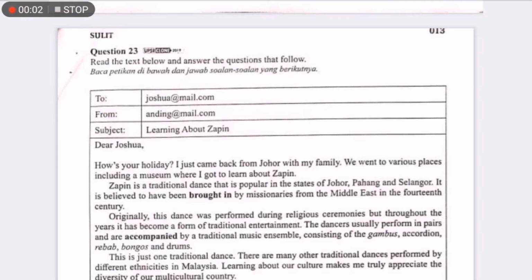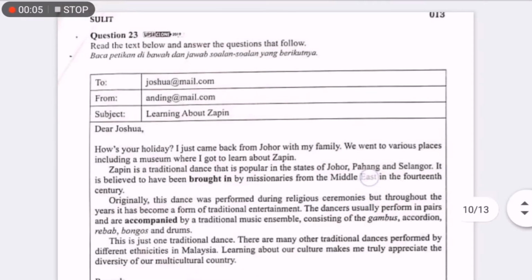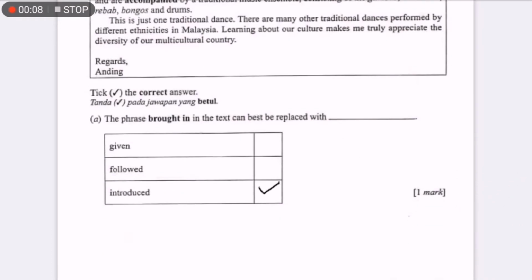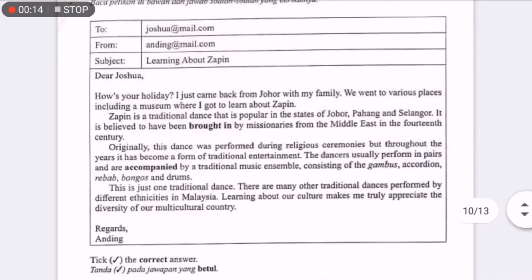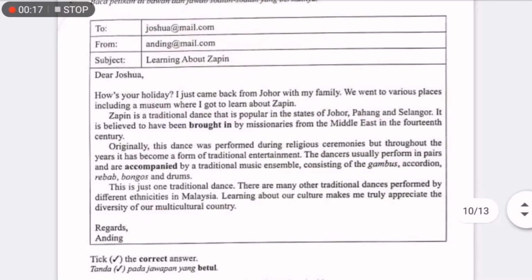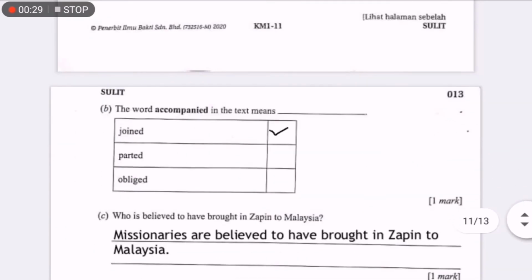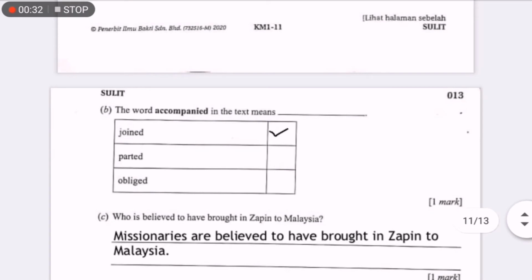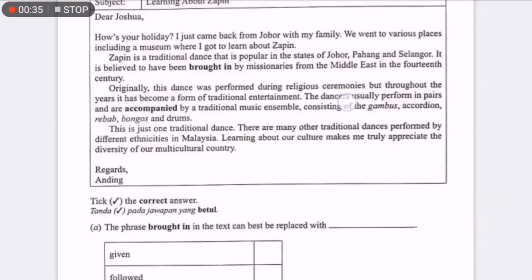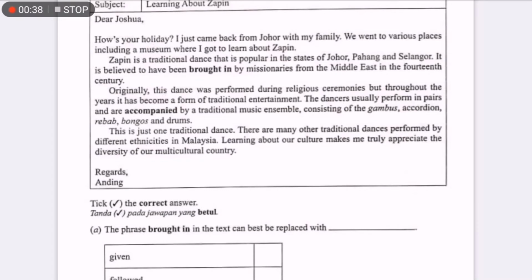Next one, read the text below and answer the questions that follow. The phrase brought in the text can be best replaced with introduce. How do we know this? It is believed to have been brought in by missionaries from the Middle East in the 14th century. Brought in, so it can be best replaced with introduce. Alright? The word accompanied in the text means join. Now let's see. The dancers usually perform in pairs and are accompanied by traditional music ensembles. Accompanied by also can mean joined by